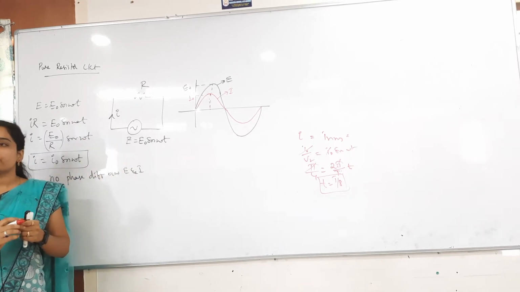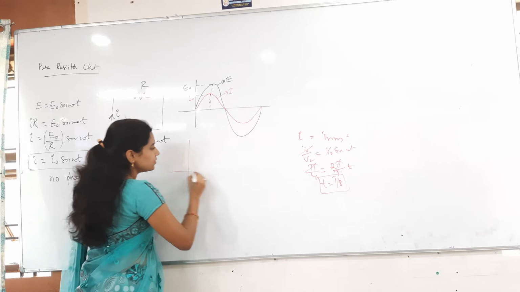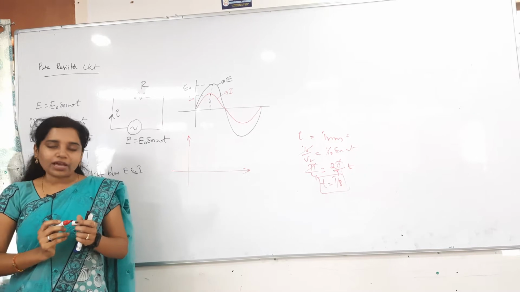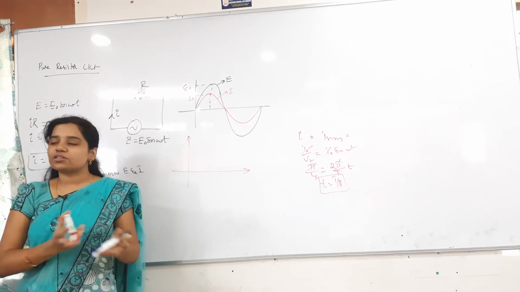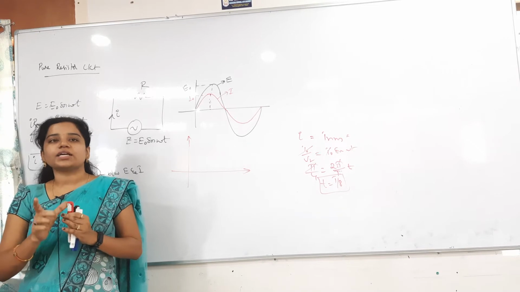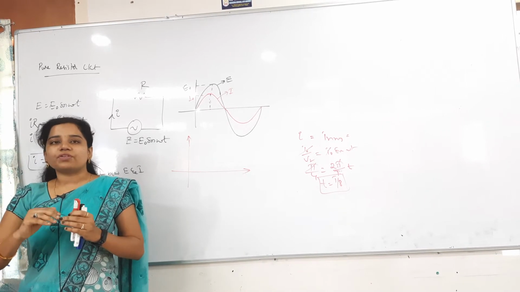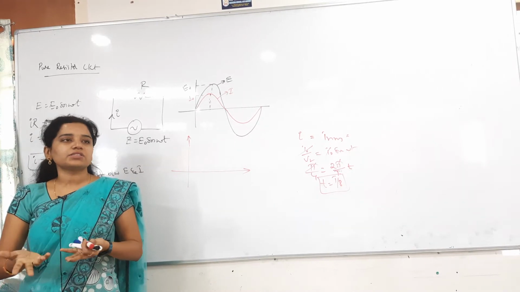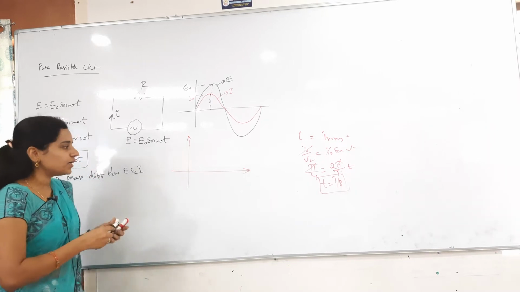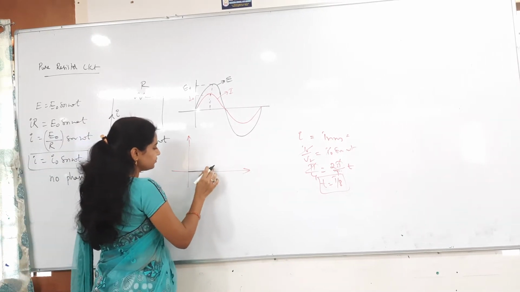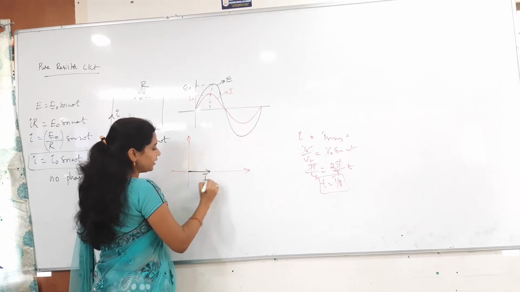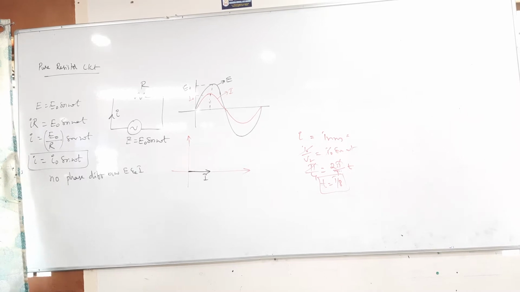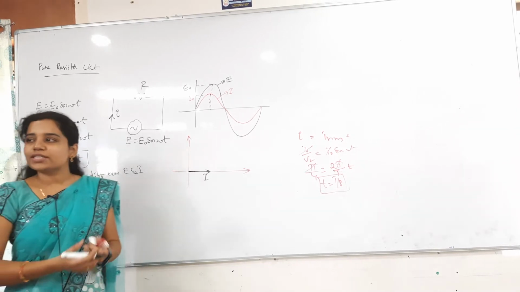After that I said the phasor diagram. Listen properly. In the phasor diagram, you have to take the current along one axis and the voltage along another axis based on the phase difference. So always we take the current along the x axis. If the phase difference is there, voltage will come in other directions. If the phase difference is not there, it is in the same direction. So I take the current along the x axis. Between I and omega t, what is the phase difference? 0. Nothing is there. Both are in the same direction only.